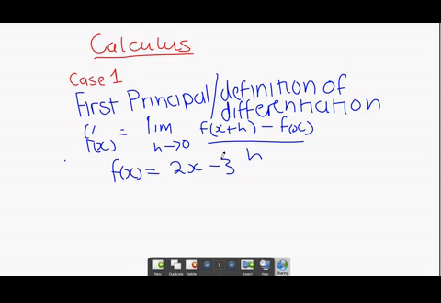and we want to differentiate it using first principle. So first of all, we take our f of x and we find f of x plus h, which is going to give us 2 times (x plus h) minus 3. Now, once we've got our f of x plus h, we can now proceed to substituting into the first principle